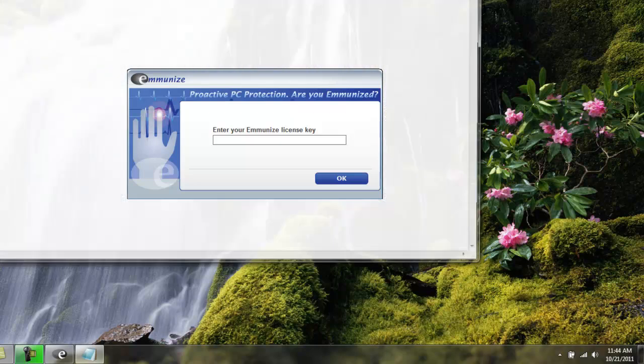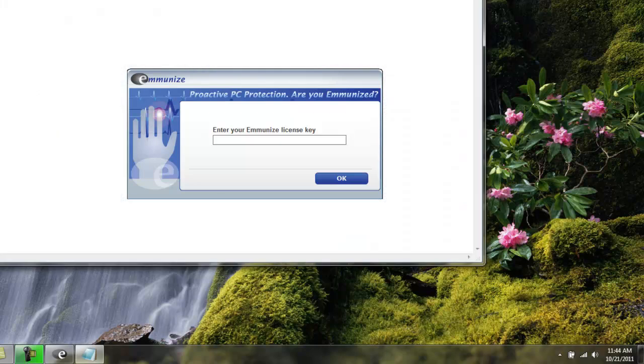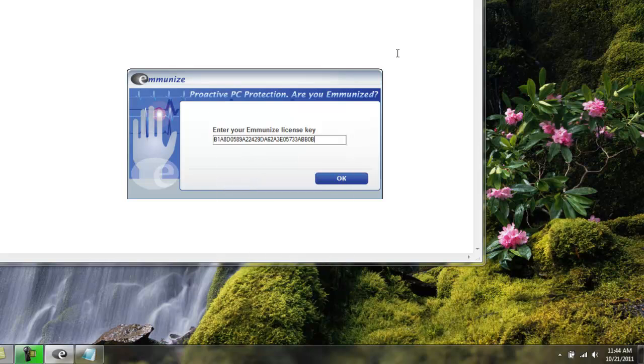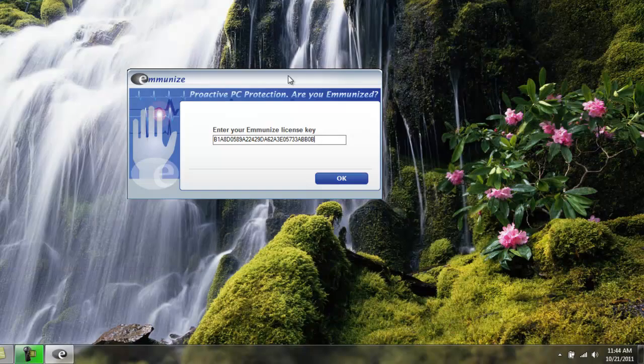Now I'm going to go and get my Emmunize license key, and in your case you can pull up the email that you received, and here's a 32-character key, and I can right click on it and go to copy. Come here, click in the box to make sure my cursor's blinking. I can right click again and click paste. I'll close this window. Now optionally you can hand key the code in. Just make sure that you use capital letters and there's no spaces in between any of these characters. When you're ready, you can click OK,